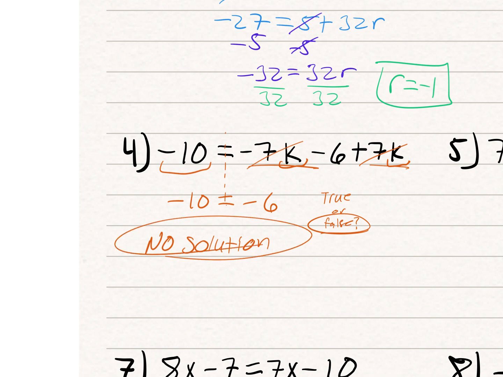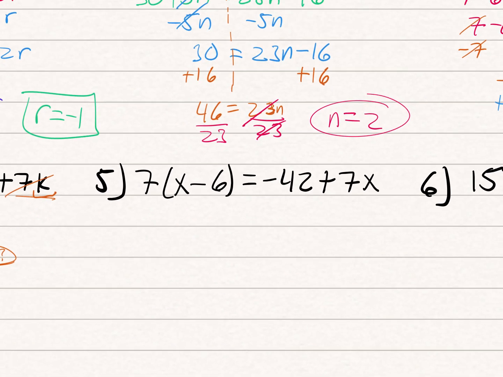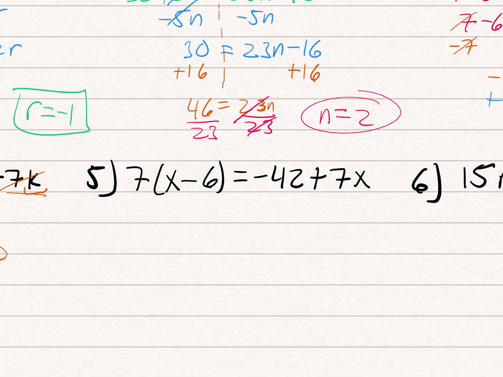All right? Again, so this is a special case. If the variable just disappears completely, you need to look at what you have left, right? Is this a true or false statement? And if it's false, it's no solution, right? This is never true. All right. So let's keep going. All right, so something like number 5, we want to distribute